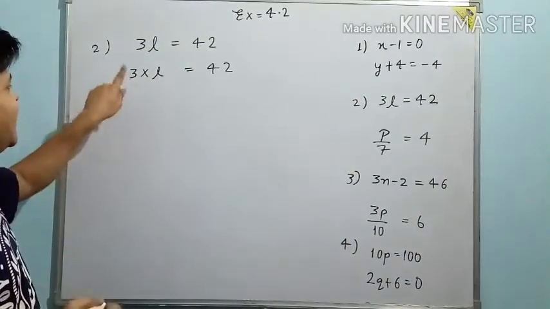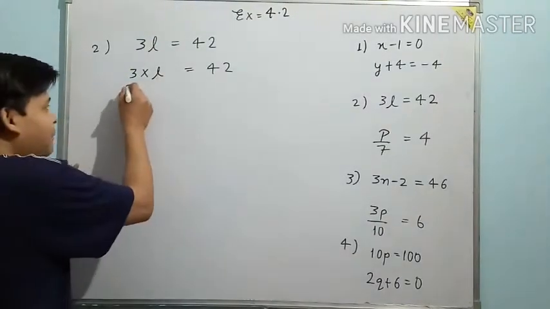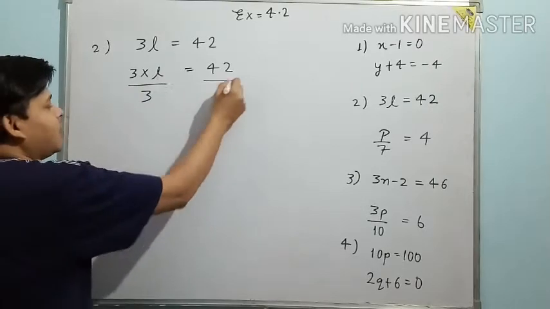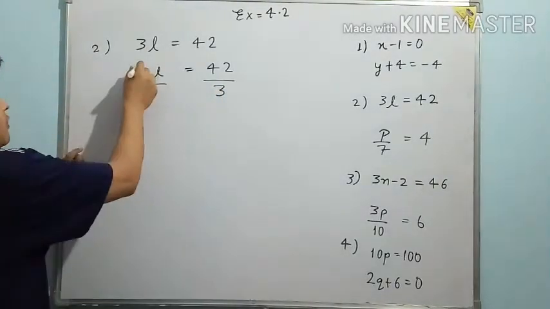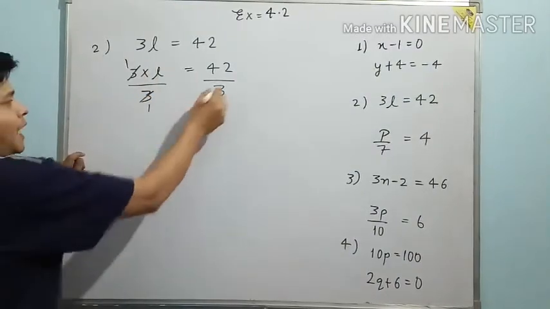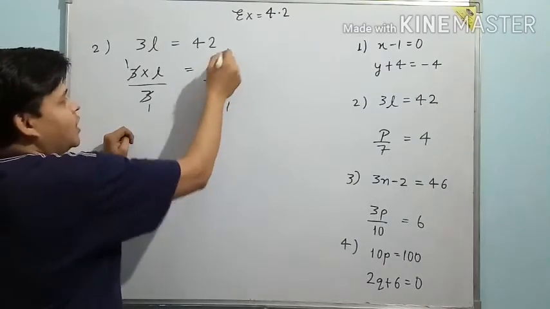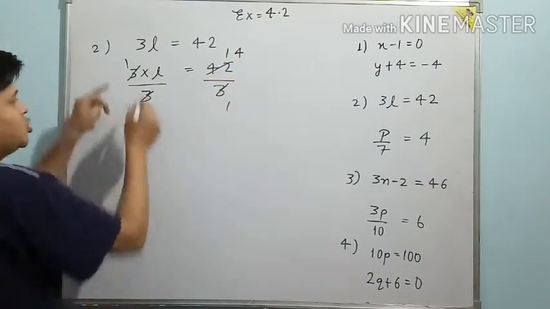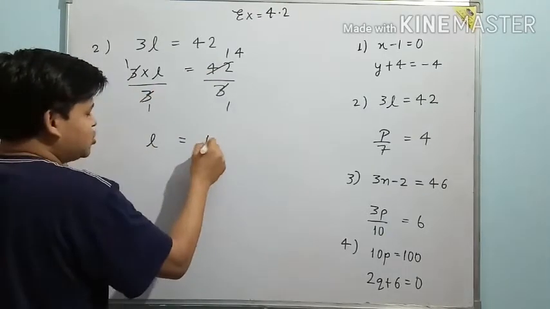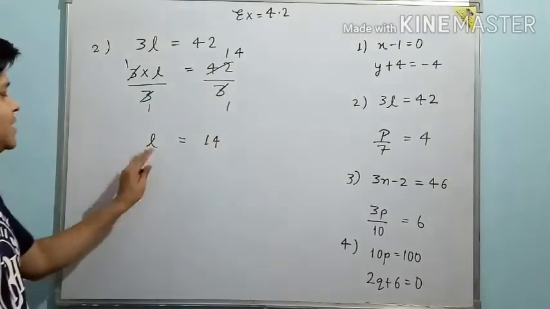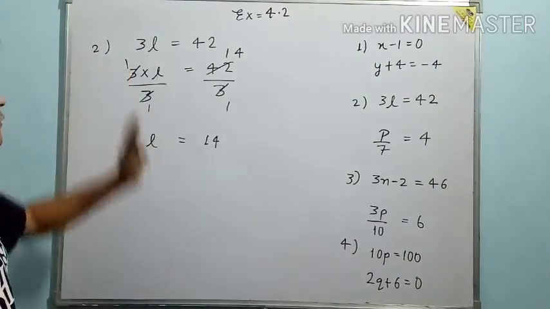Now as you all can see, l is multiplied by 3, so what we have to do here? We will divide by 3 in both the sides. आपको 3 से divide कर देना है दोनों साइड. Now just solve: 3 one time, 3 one time, and here if it is possible to cancel, we can cancel. 3 one time, and this is 1 time, and 3 4 times 12. So here we are left with only l, and here 42 upon 3 gives 14. So l is equals to 14, the solution, or we can say it's the final answer of this first part.